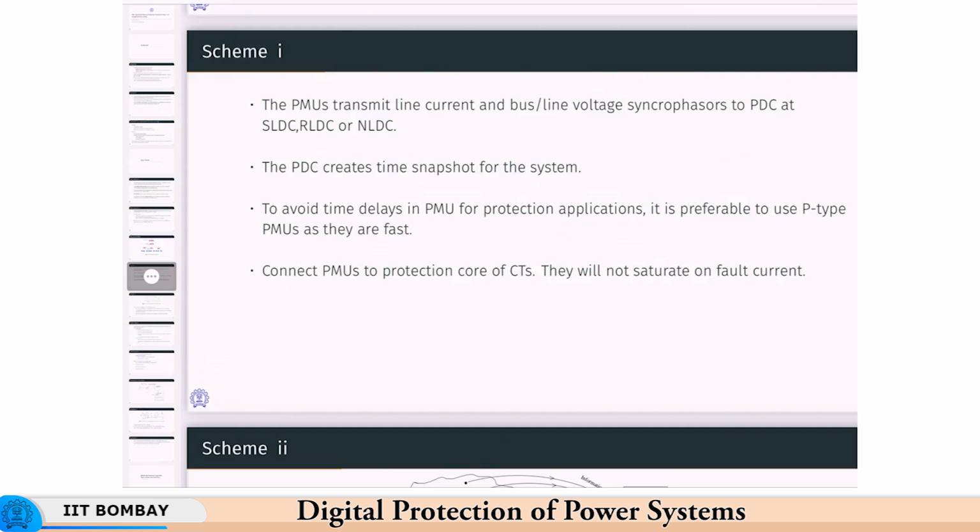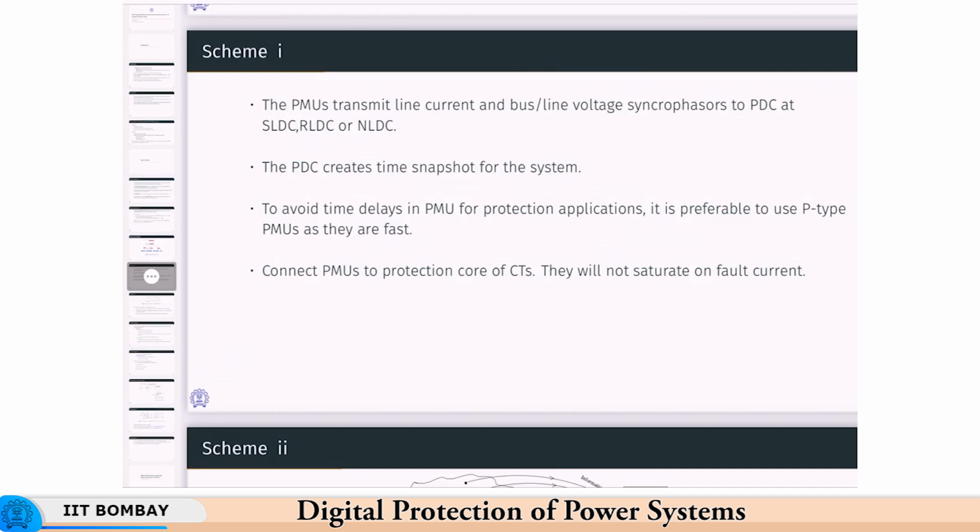One of the schemes is that the PMU will transmit the phasors, that is the line currents and the line or bus voltages, to the PDC, which can be located at the state load dispatch, regional load dispatch or the national load dispatch center. Then we saw that one of the functions of the PDC is to align all these and create a time snapshot of the system. Then here in this scheme, since it is used for protection applications,